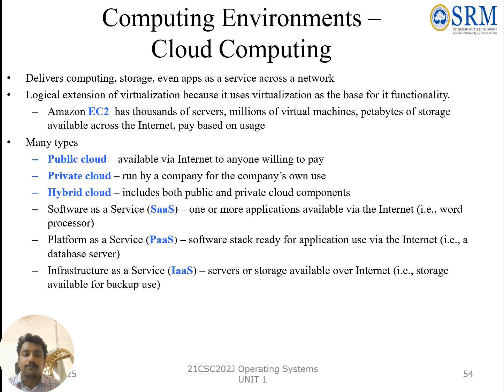Now we have cloud computing. Cloud computing is nothing but delivery and storage with various apps running across the particular network. The main example of this cloud storage is Amazon EC2, which is able to handle thousands of servers and thousands of virtual machines and enormous storage capability through the internet for usage. There are various cloud computing storage types, which are public, private, and